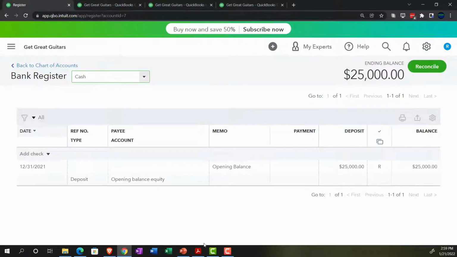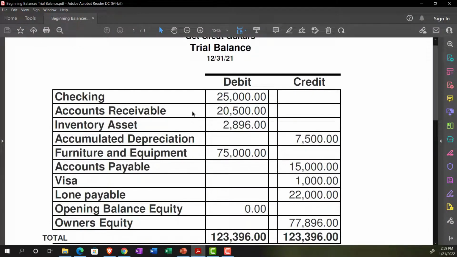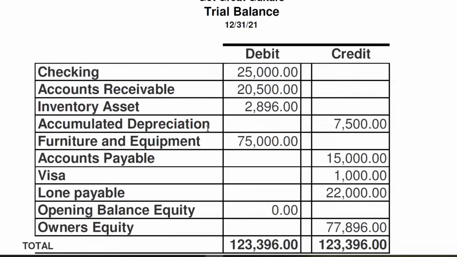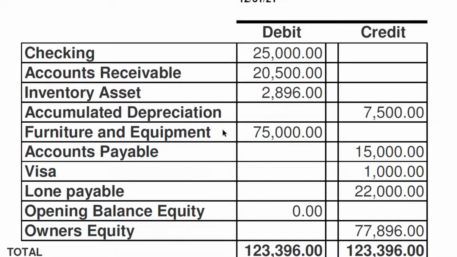Now let's add the next one. We did the accounts receivable before, inventory before. Let's do these two. These two are related: furniture and equipment and accumulated depreciation. Now we'll talk a lot more about how you're going to categorize your fixed assets, what's the best categorization, and accumulated depreciation related to it. We just want to enter the beginning balances at this time, but just briefly note that the furniture and equipment has a subledger as well,